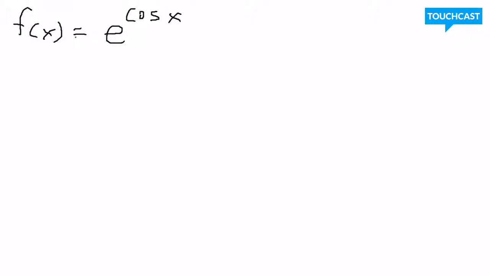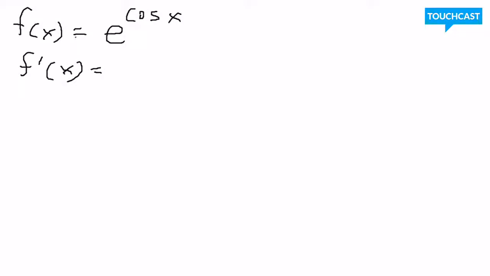All right, this is a little bit of a spoiler for the next problem, but I want us to start to get the hang of what a u substitution can do for us when we're looking for an antiderivative. So remember what we learned about the chain rule. If I told you that f of x was equal to e to the cosine of x, and then I asked you to find f prime of x,